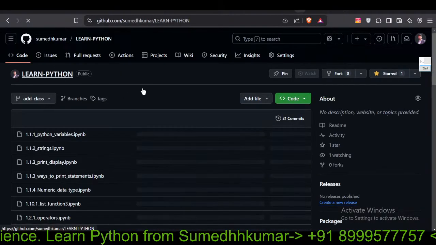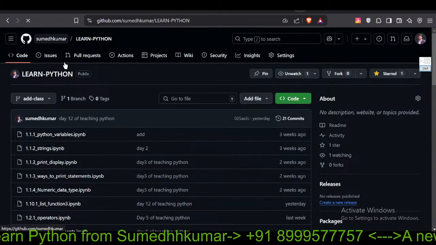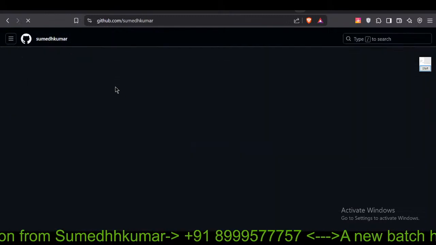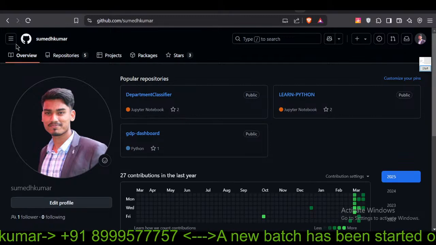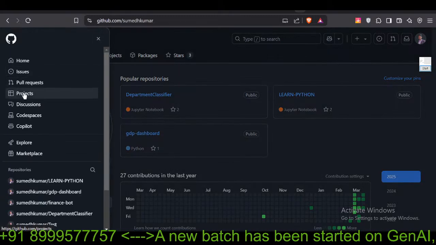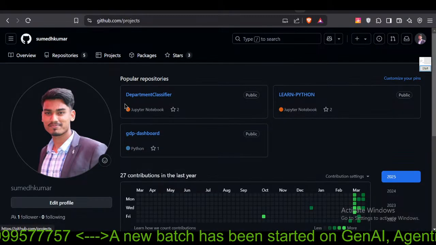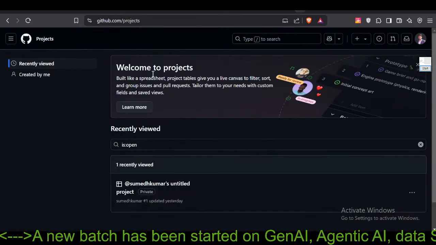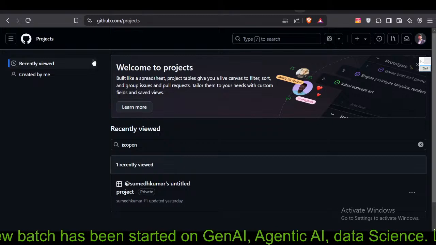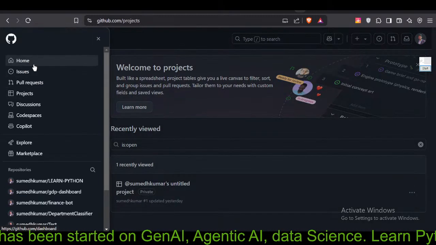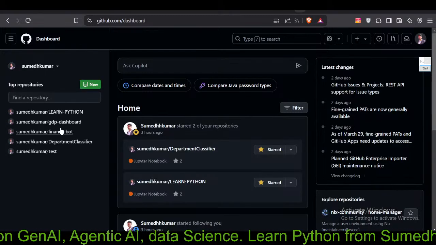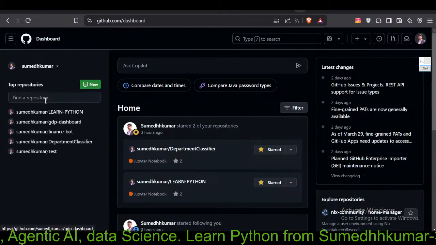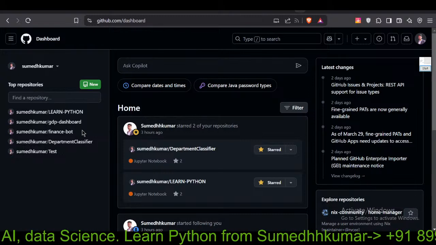So GitHub ka I will tell you. Okay, now you will see something like it, लेकिन यहाँ पर कोई रिपोजिटरी नहीं रहेगी, ठीक है। तो मैं क्या करता हूँ, प्रोजेक्ट्स पे आ जाता हूँ। अच्छा, you will look like this, something it will look like this, or maybe it will look like this, but यहाँ पर ये रिपोजिटरी नहीं रहेगी, ठीक है।